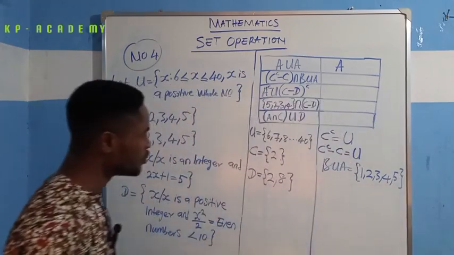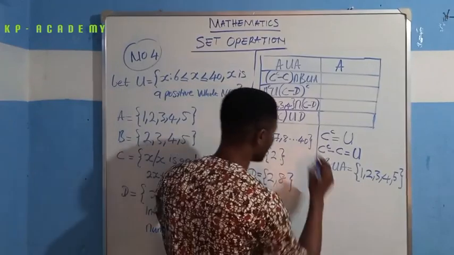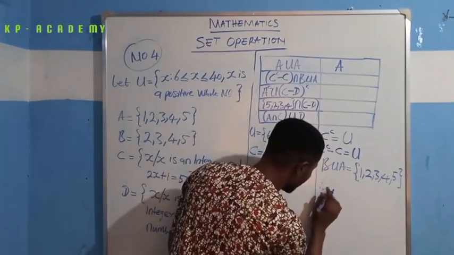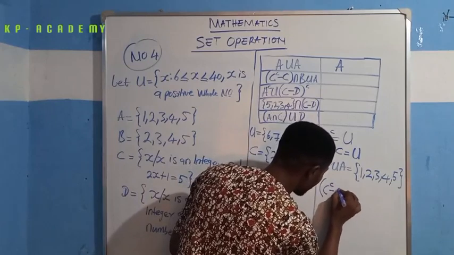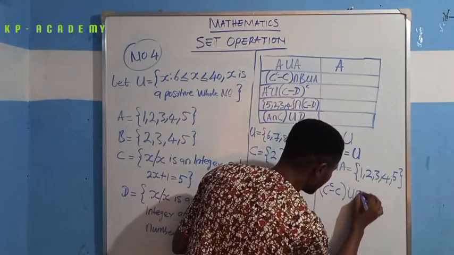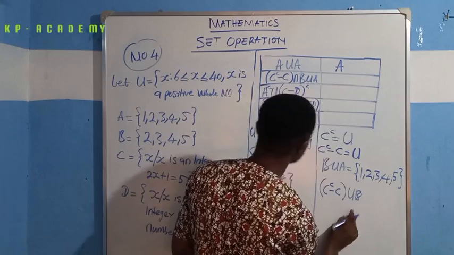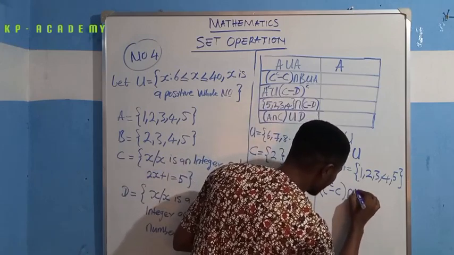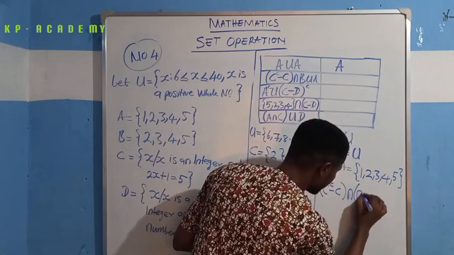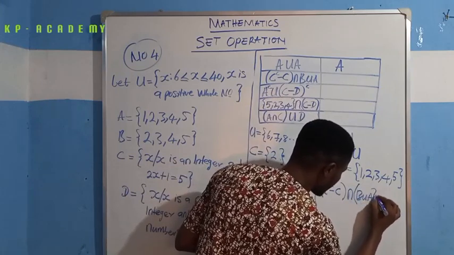Okay, so this is B union A. Therefore, now finally, C complement minus C union B, C union, no, intersection rather, intersection B union A is